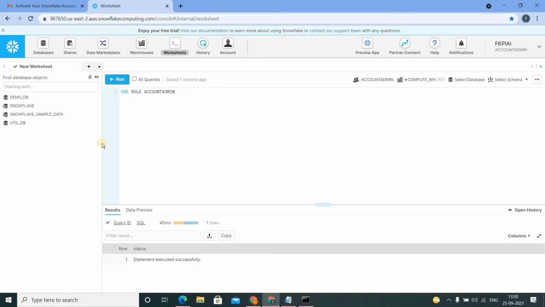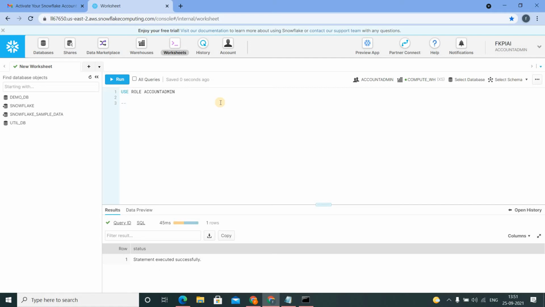Now we'll create a database, create a schema, create a table under the schema, insert some records, and then query that table using this web interface, so that we'll have some familiarization with it.